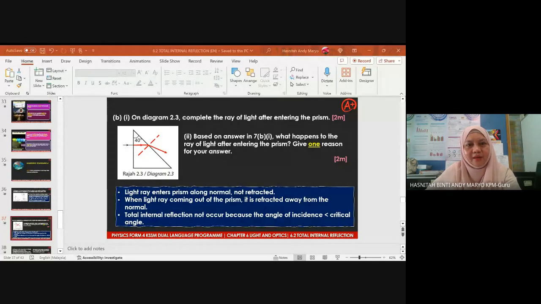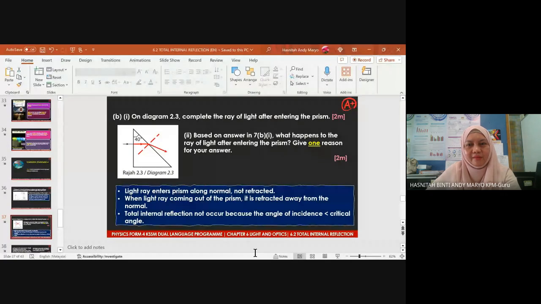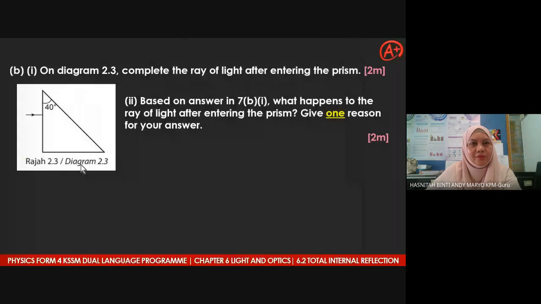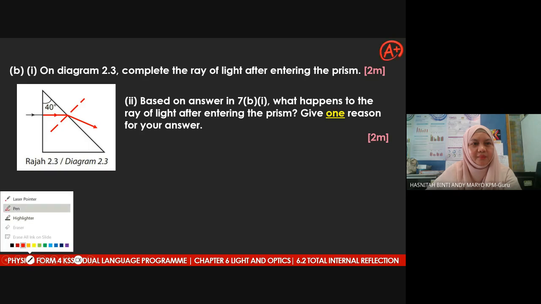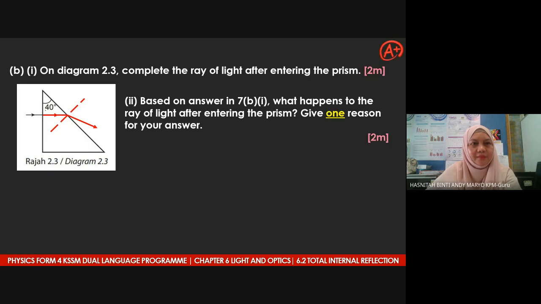How to get 30 degrees, Jiaren? No problem. You look at this side. This is a triangle, right? We have 40 degrees up there. Here is 90 degrees. So here is 50 degrees, right? 40, 90, so here is 50 degrees. So if here is 50 degrees, which means here is